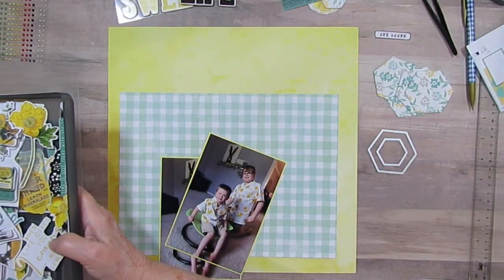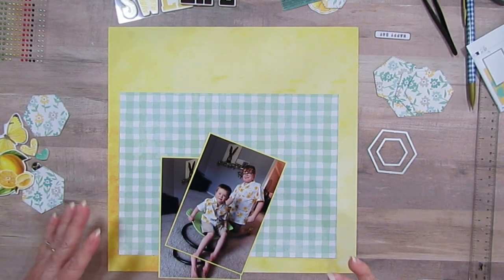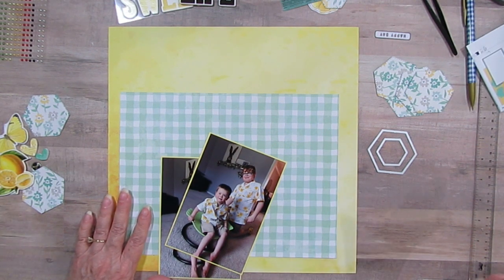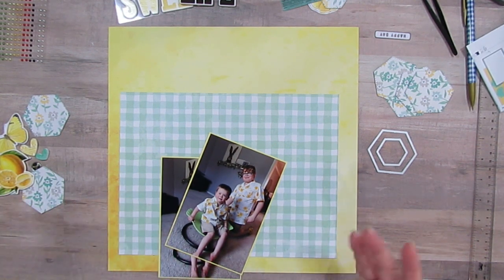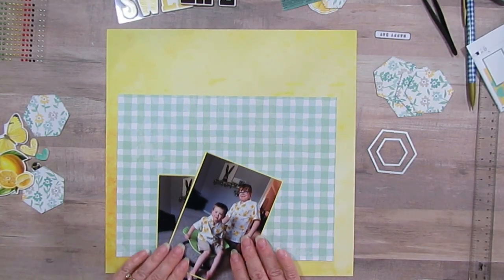So anyway, I think I actually have some other ones that are kind of this color that I put together, just behind this collection. So if I ran out of stuff, which will be a long time. So anyway,